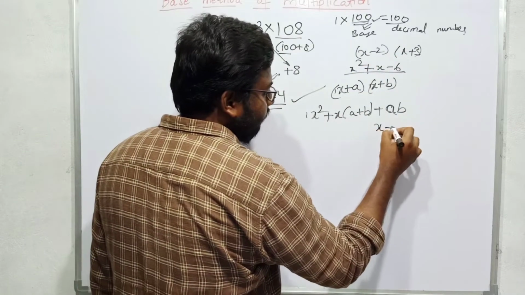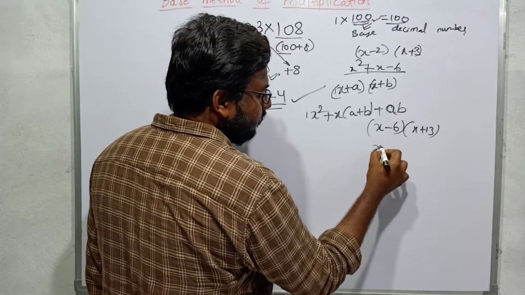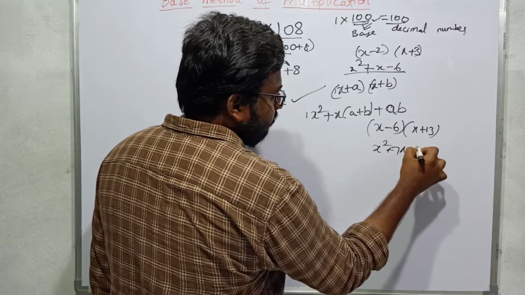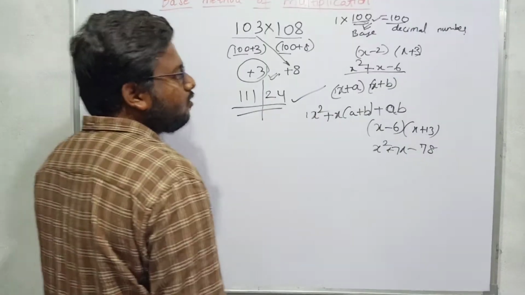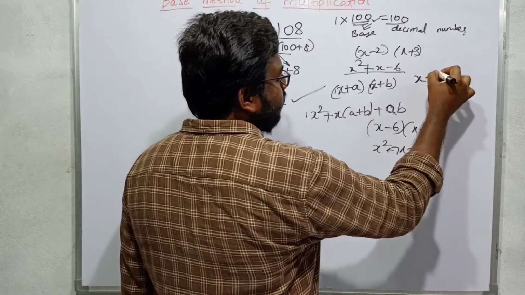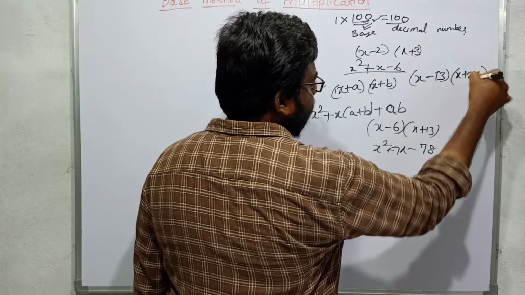So if I take (x minus 6) into (x plus 13), this is x square plus 7x minus 78. So this will be our result. Similarly, if I take x minus 13 into x plus 27, like this,